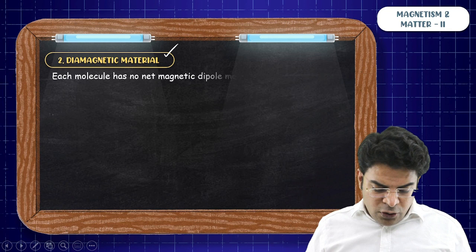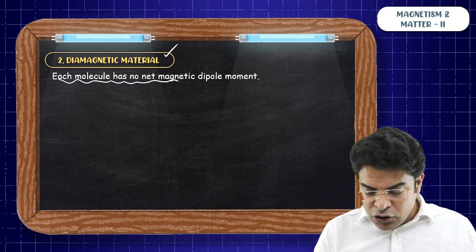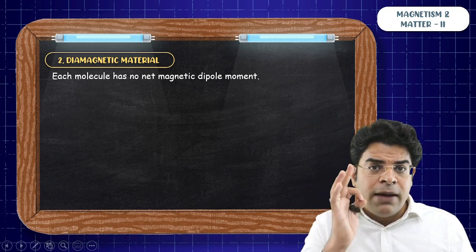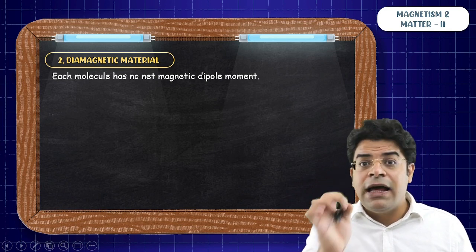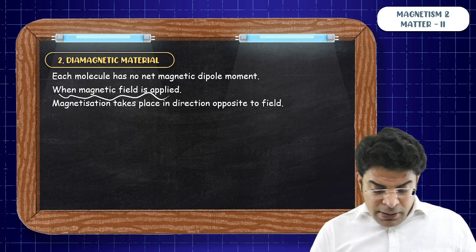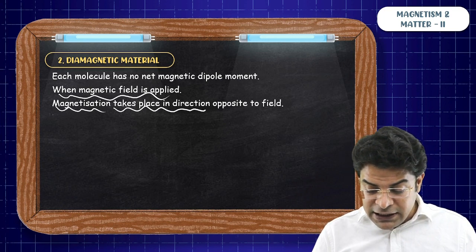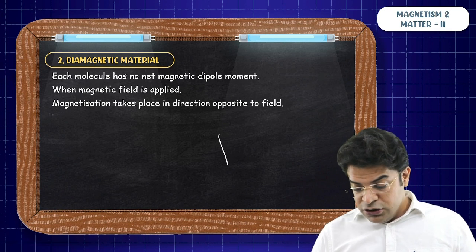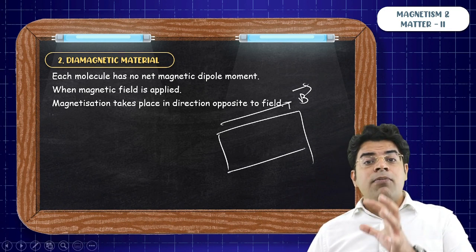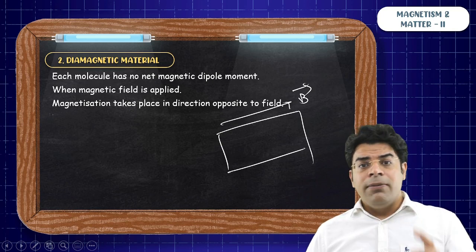So let's learn about it. Each molecule has got no magnetic dipole moment. The net magnetic dipole moment of each molecule of a diamagnetic substance is 0. When a magnetic field is applied, magnetization takes place in the direction opposite to the field. So if you apply a magnetic field towards right, then a magnetic moment is developed in the material in the